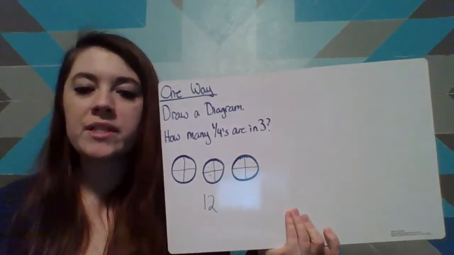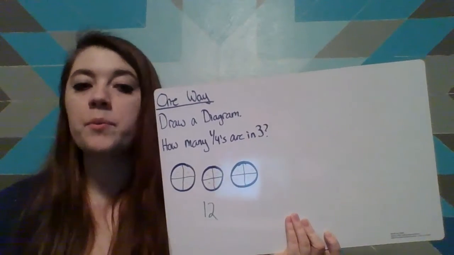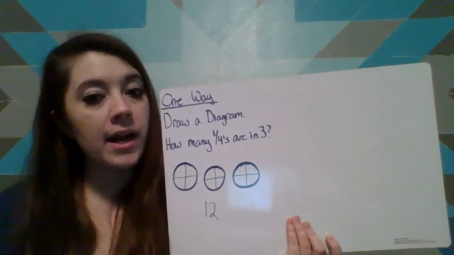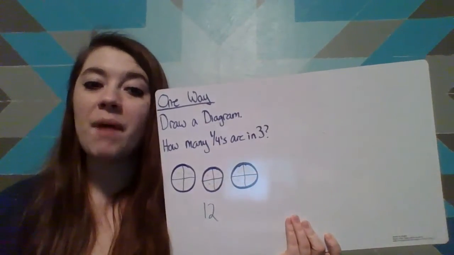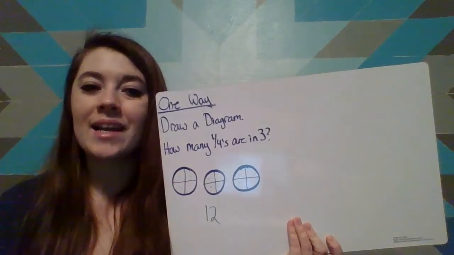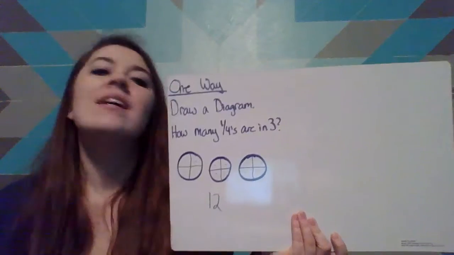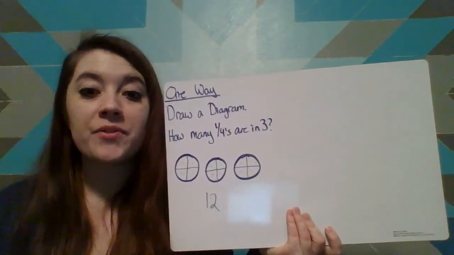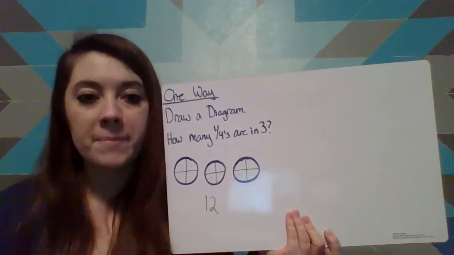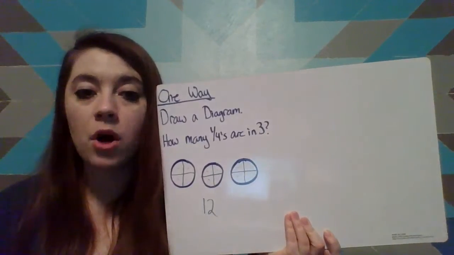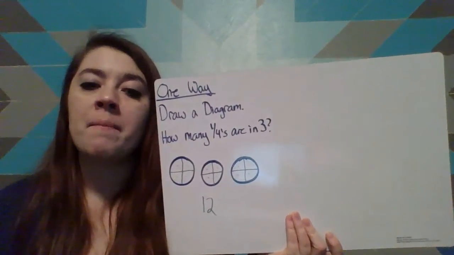Now that may amaze you. We're dividing, and typically when we divide, we get a smaller answer. But when we're dividing by fractions less than 1, guess what? We're going to get bigger answers. So keep that in mind as you're going through these. Your answers are going to get bigger rather than get smaller. So keep that in mind as you do these